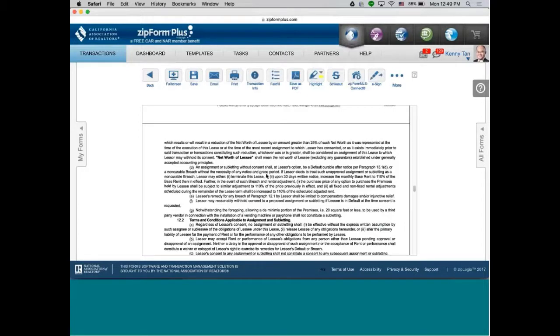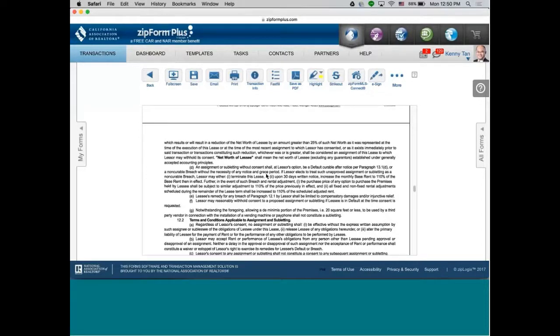What that means is that if you go out and transfer greater than 25% interest in the property to someone else, that is a change of control of 25% or greater. That requires the landlord's consent. If you do so without the landlord's consent, that is a breach. It's a default,